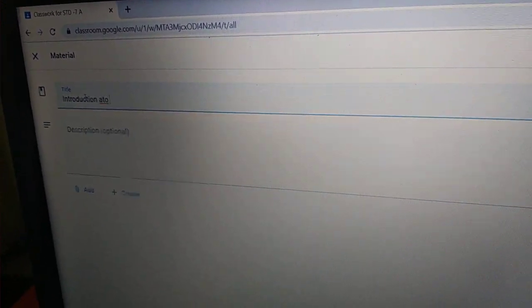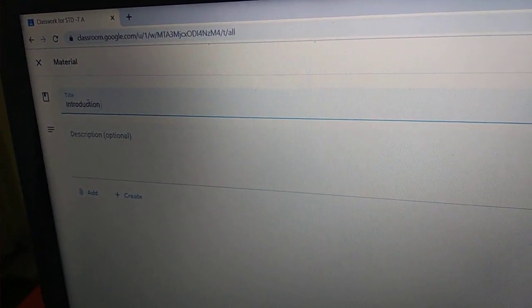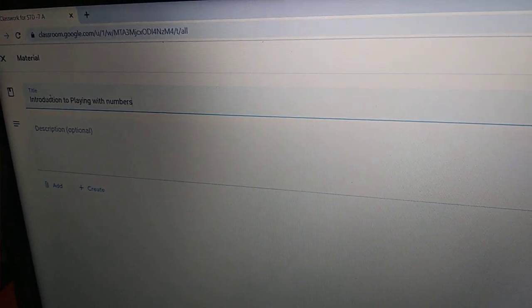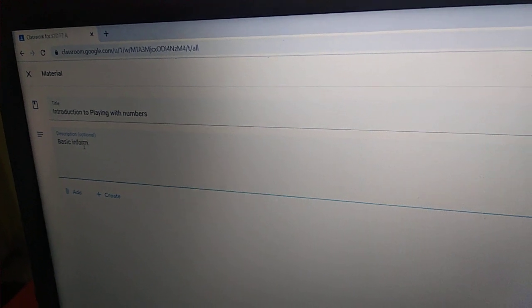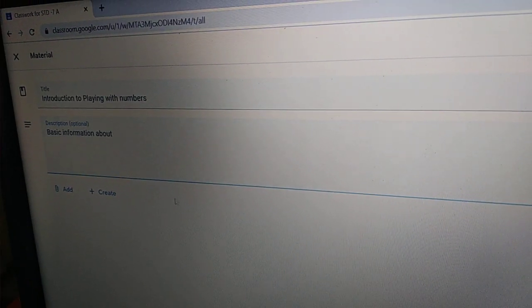to playing with numbers. Okay, description, what it means, what it is actually, basic information about numbers.